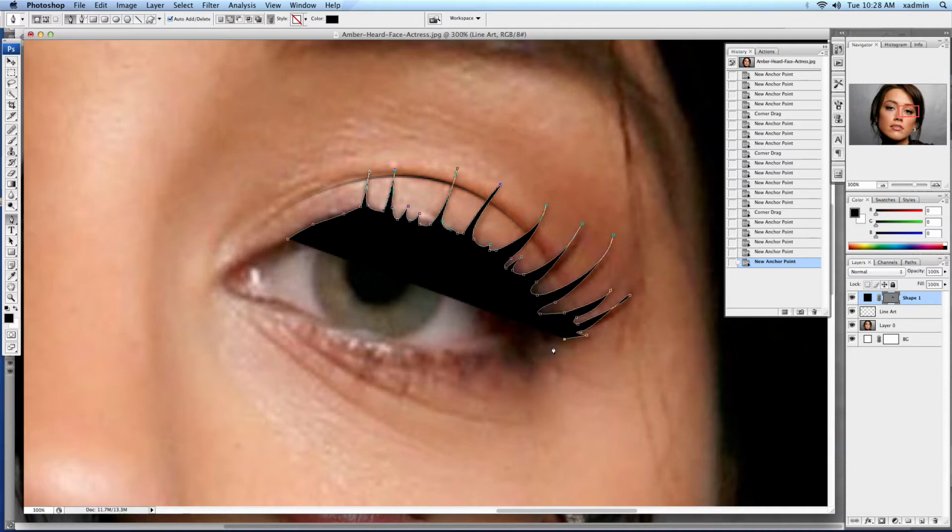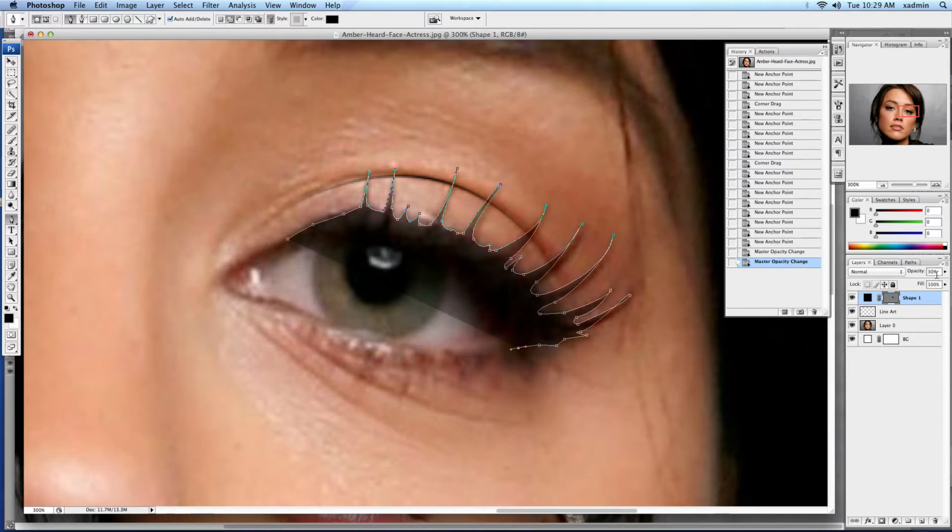So I'm running into a little issue here of not being able to see, because I need to come back here to finish my shape, but I can't see here to trace it. So if you hit any number on your keyboard, that'll lower the opacity of that shape by tenths. So for instance, if I hit 5, you'll see here it lowers the opacity to 50%. If I hit 3, 30%, 2, 20%. So if I hit 1, it lowers the opacity to 10%, so I can see the rest of the shape and kind of figure out where I need to